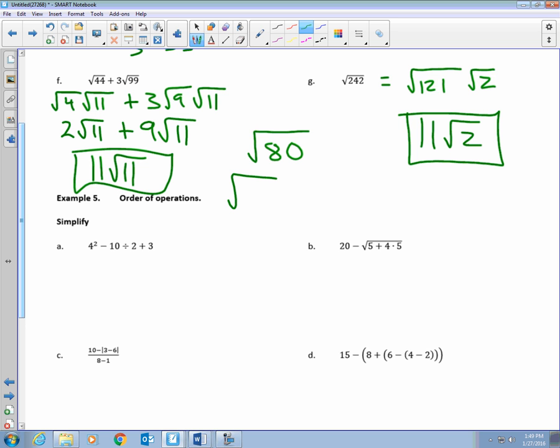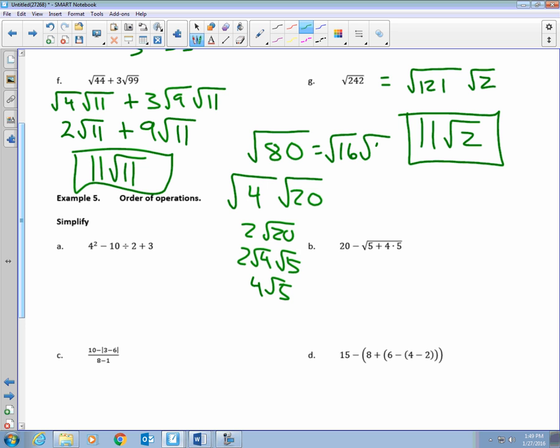4 does go in, and so you could go square root of 4 times the square root of 20. You get 2 roots of 20, but then you can reduce 20, right? 5 and 4 again. So you have 2 roots of 4, roots of 5, so you get 4 roots of 5. Well, you could also write it as 16 is the number that goes in 5 times. So there are some ones that are tough out there to see. Try to get some practice and,